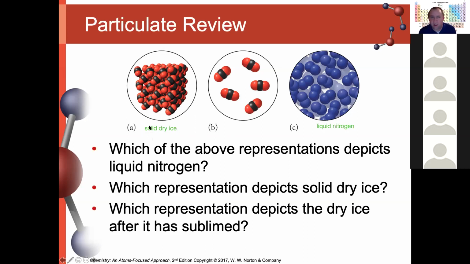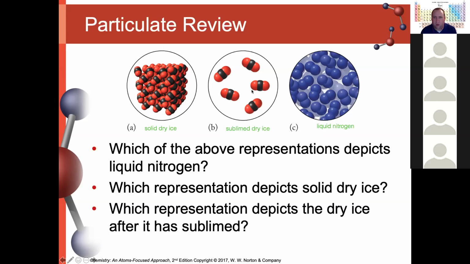As we talked about yesterday, with solids we see close packing and organization. It's not a perfect crystal here by any means. The arrangement is a little bit disordered in places, but overall it's pretty organized. The last part here is our sublimed dry ice in